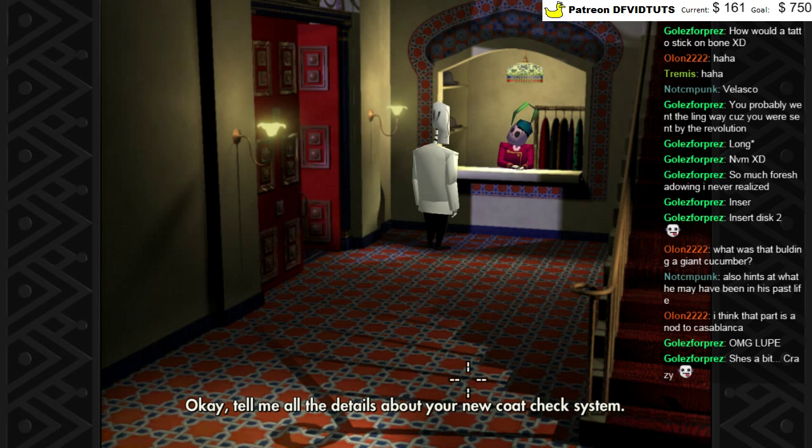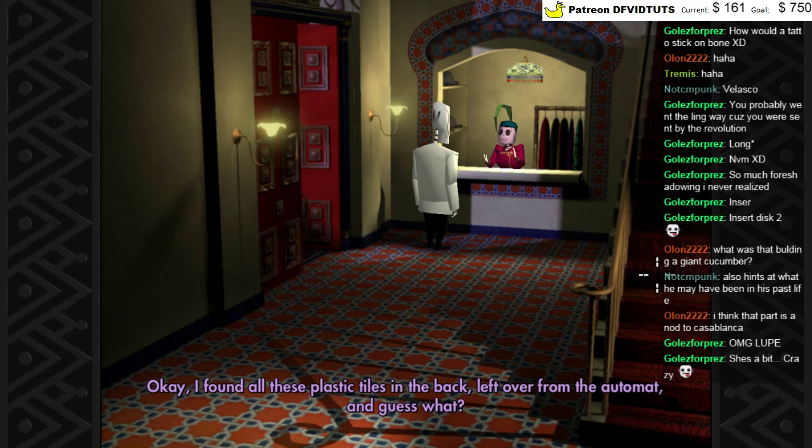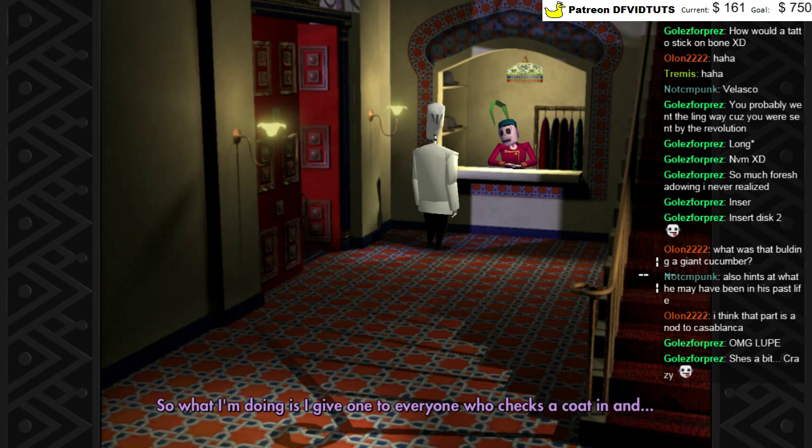Okay, tell me all the details about your new code check system. Yay! Cue music. I found all these plastic tiles in the back, left over from the automat, and guess what? They all have numbers on them. So what I'm doing is, I give one to everyone who checks a code in and...